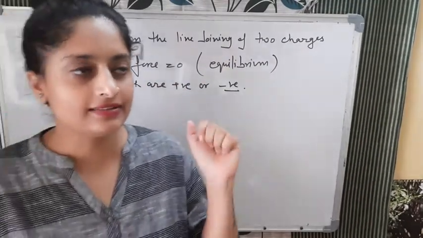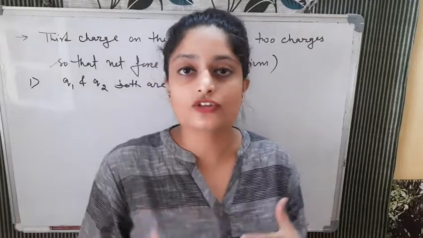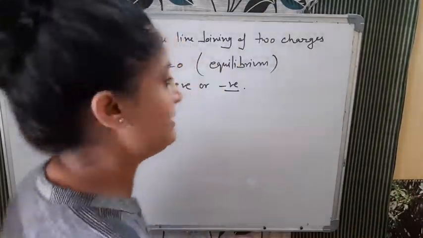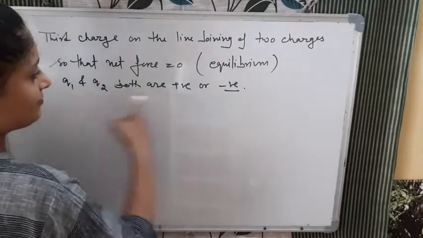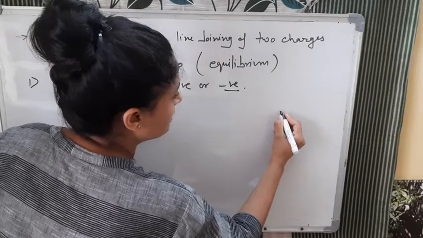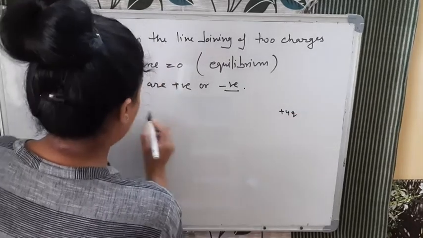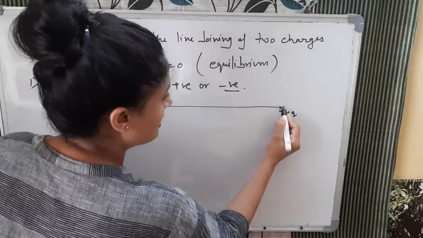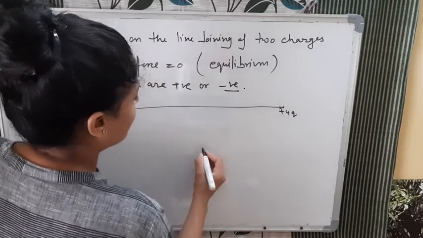Now what is that distance? So for that we will assume that, for example, it is at the place x, then the next one is what? C now. So first case, when both are positive or negative, same kind. This is plus q, this is plus 4q, and the distance between them, from the center line joining, I am saying A.